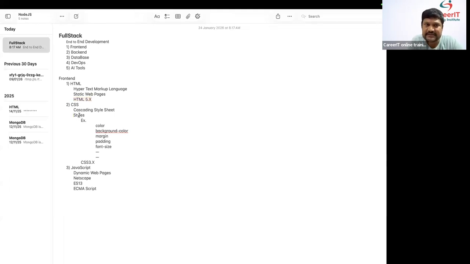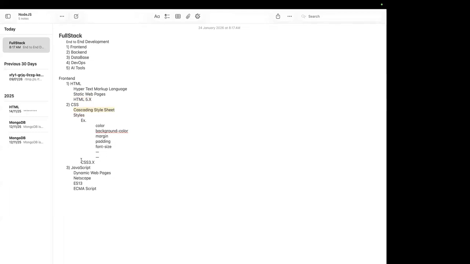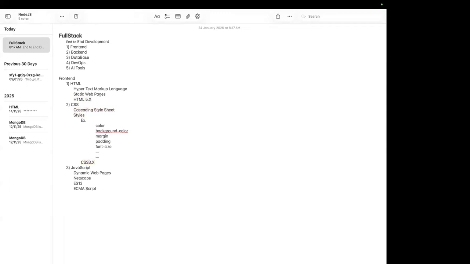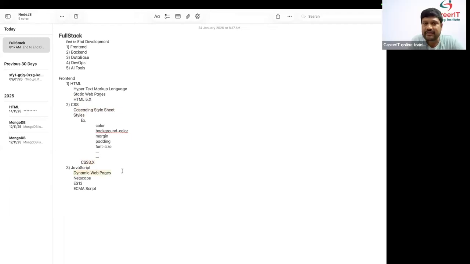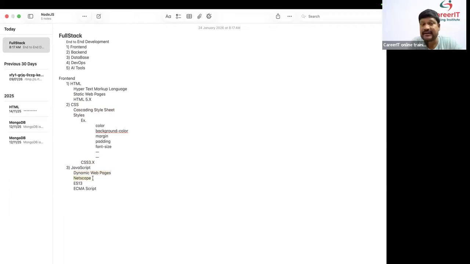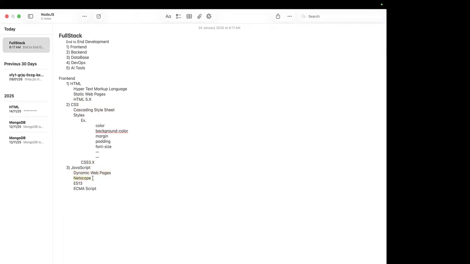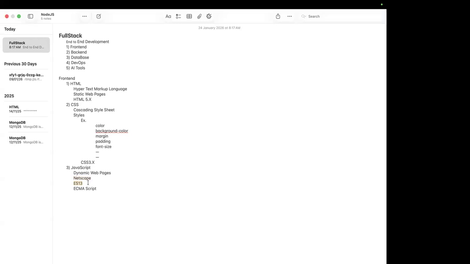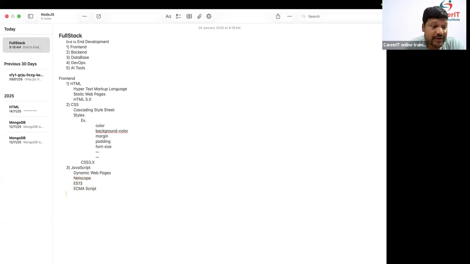How to apply styles? Using CSS, we apply the styling. What is the latest version? CSS 3.x. How to develop dynamic web pages? Using JavaScript, we develop dynamic web pages. Which company gave JavaScript? Netscape company. And what is the latest version? ES13. ES stands for ECMAScript. So, Uma, after successful completion of HTML, CSS, and JavaScript,